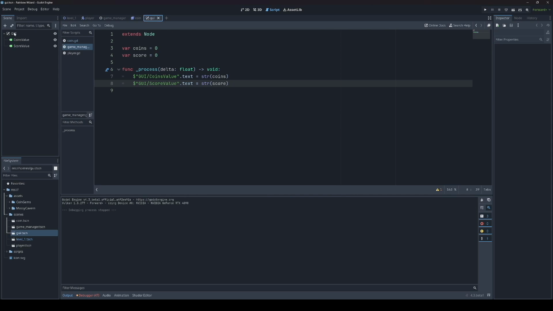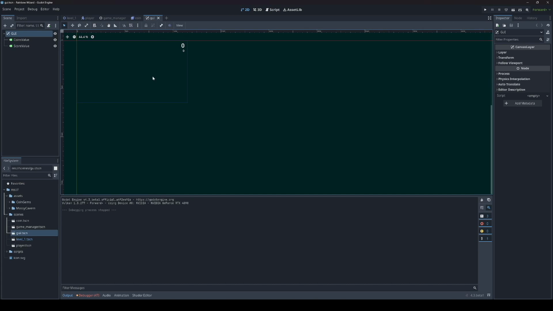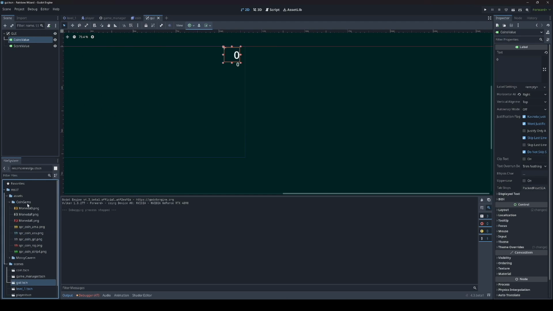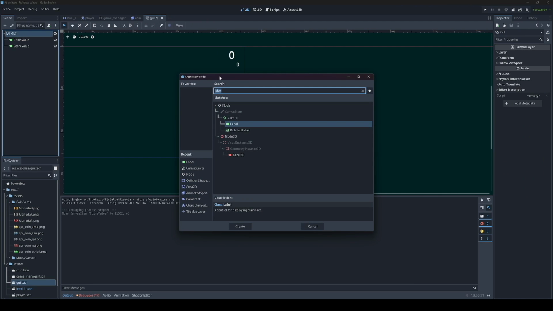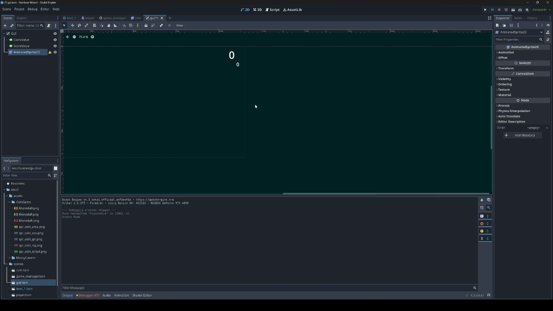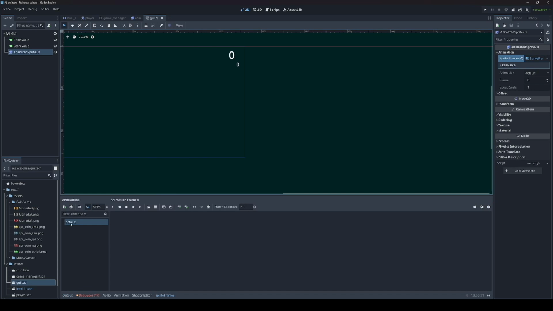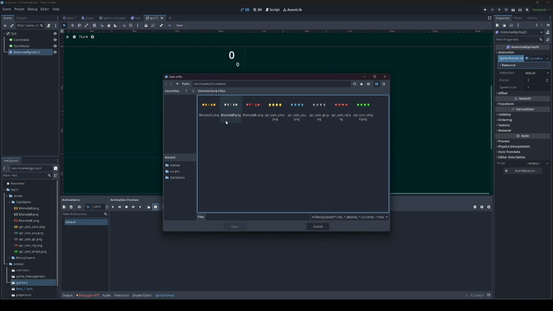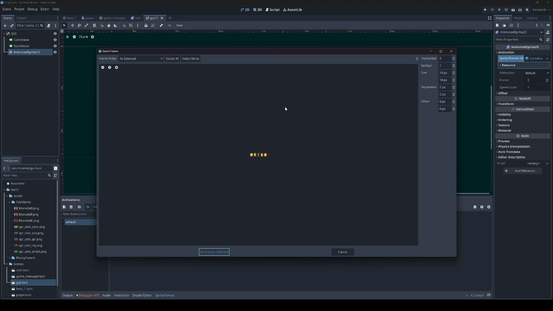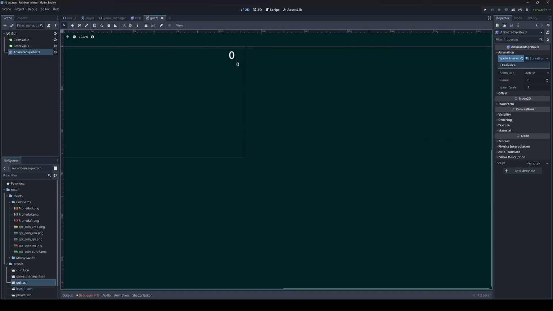If we want to, we can make our GUI look a little bit nicer. So maybe we want to add an image of our coins. So we can create a new child node, and we'll do another animated sprite 2D. And for animation, new sprite frames, open up sprite frames, and then again we're going to pull our coins over from our sprite map. So same thing we did before. Add frames, and then